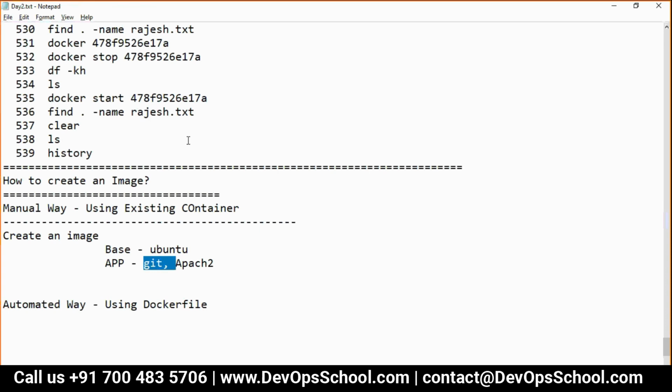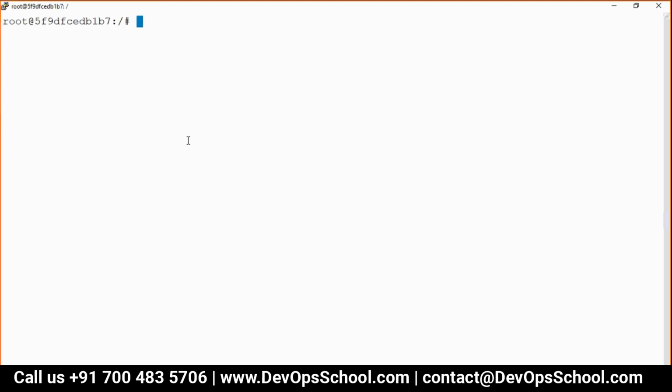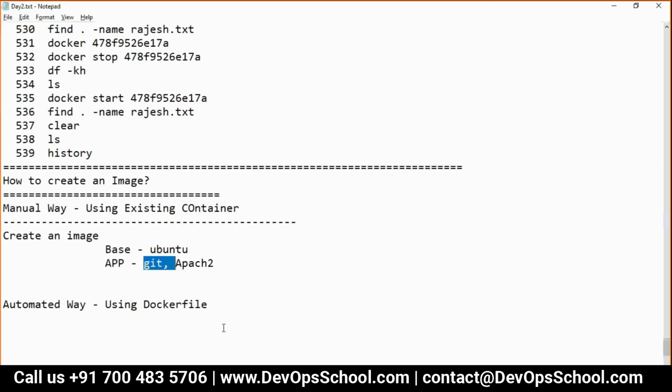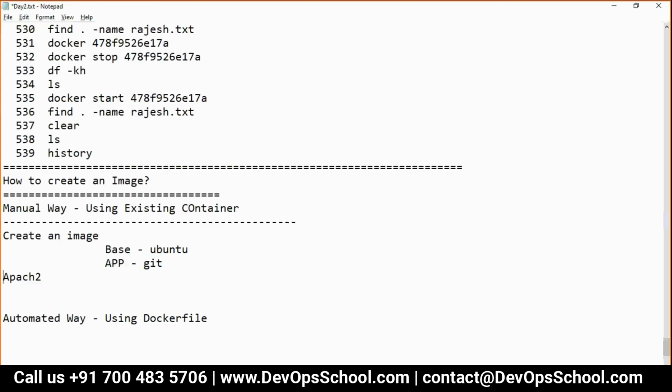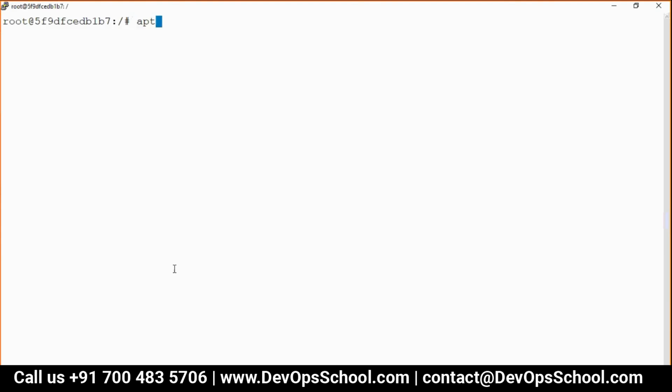One requirement is done. My manager says Apache should be there in the same container. And you know I'm very lazy. I should have added a different layer, but not now. Same layer, Apache 2 also.